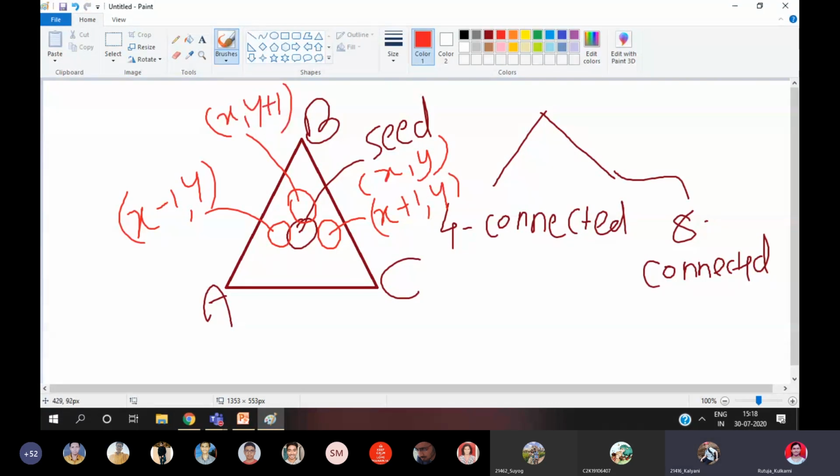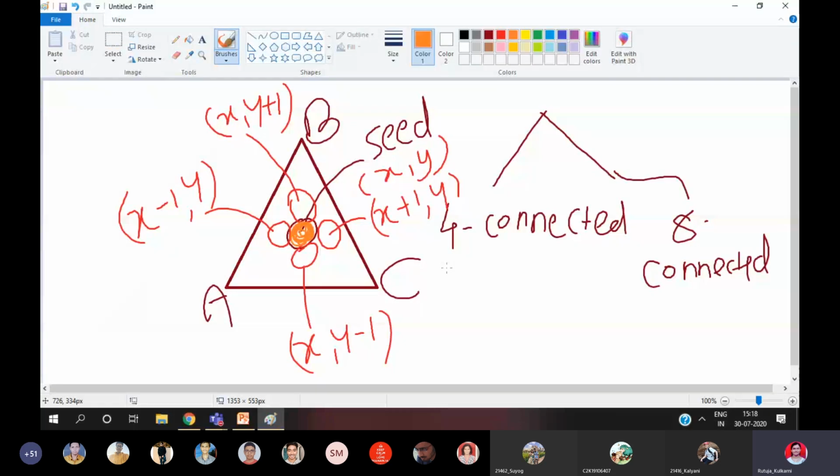And the one below is again x comma y minus 1. So here, if you observe, this particular seed is connected with four neighboring pixels. That is known as four connected.